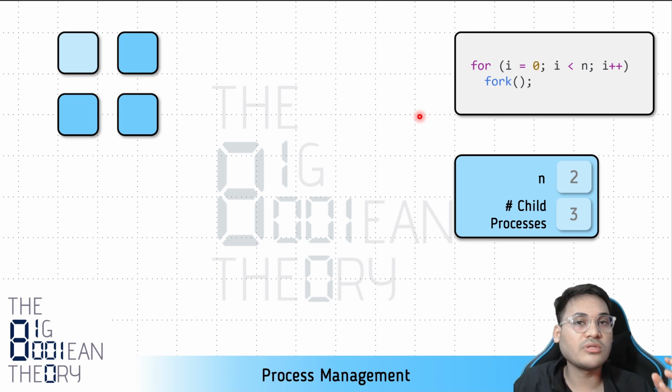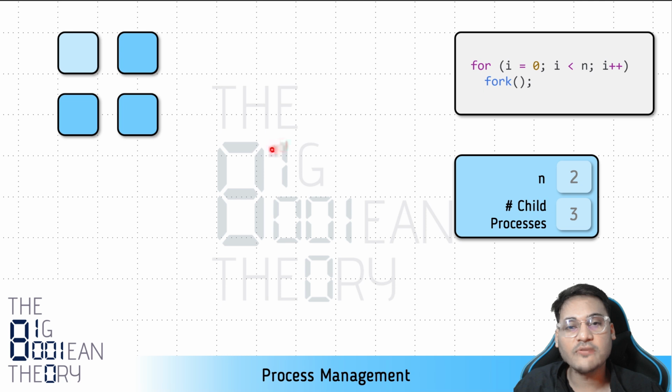So now let's talk about the case when the value of n is 3. After the fork returns in all of these processes, and the execution is resumed from this statement, the value of i goes from 1 to 2. This check will succeed only if the value of n is 3. If the value of n is 2, it will fail, and the execution will terminate after this. But if the value of n is 3, this condition will be true, 2 is less than 3, and all